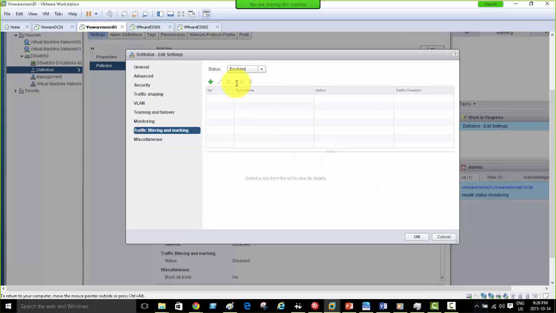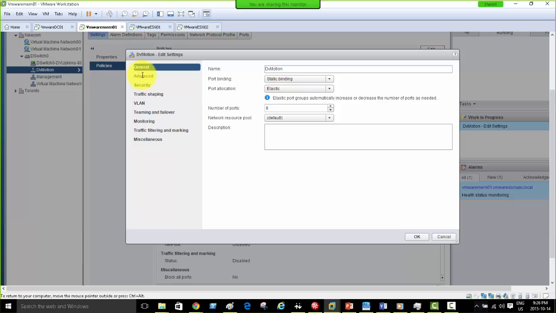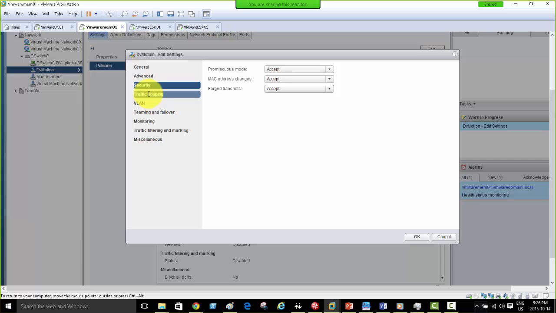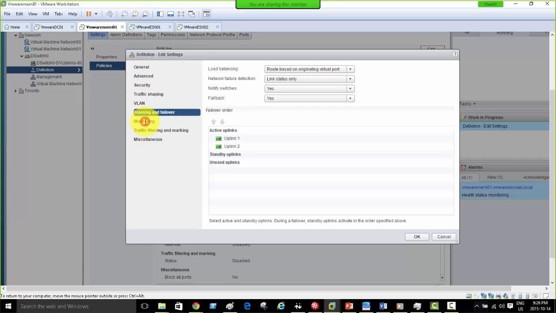But if I enable that here, I've enabled or changed many options here. I'm just double checking that. Okay, all allowed, just checking if it goes to the host level. Security, accept, and nothing changed here. Team, nothing changed here. Monitoring